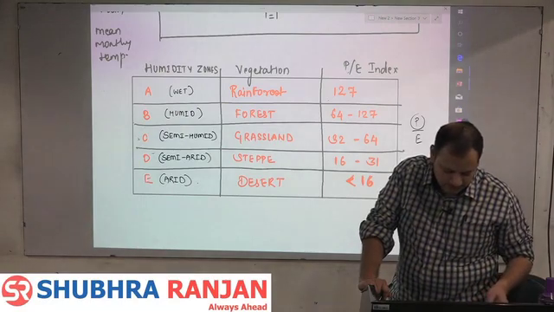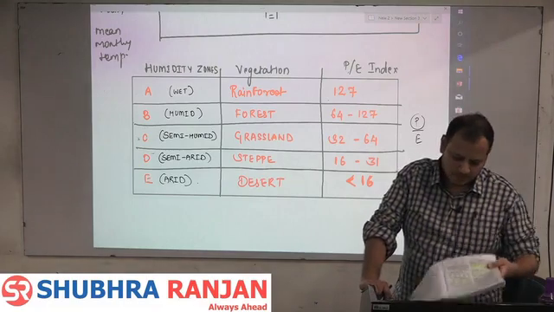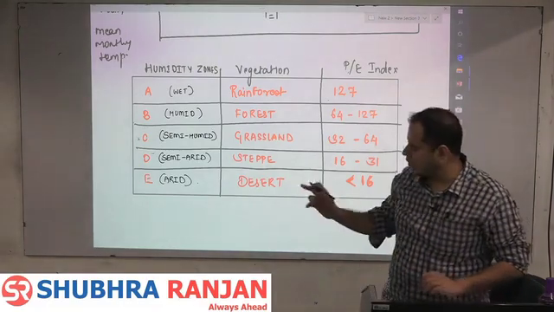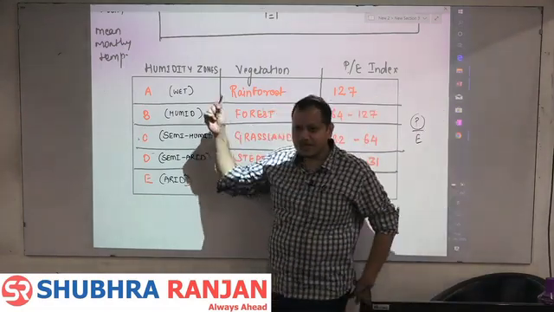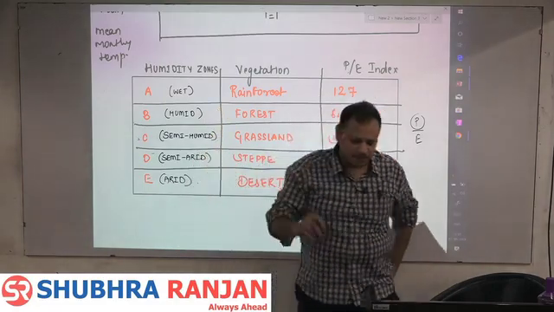Each one he will divide into 5, into 4, and thus it becomes 20 zones based on